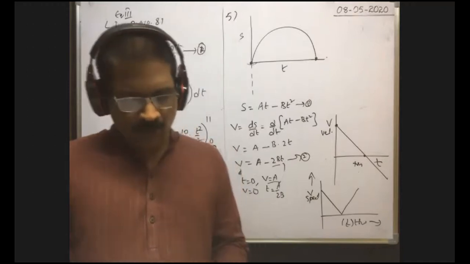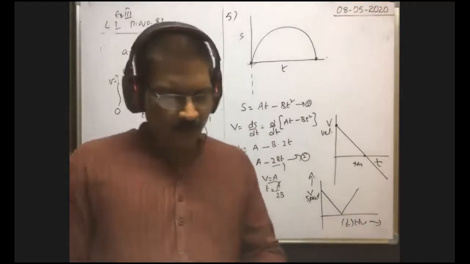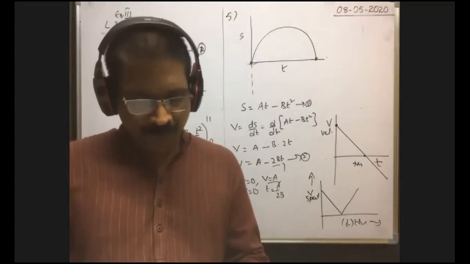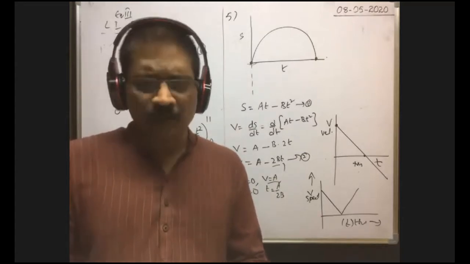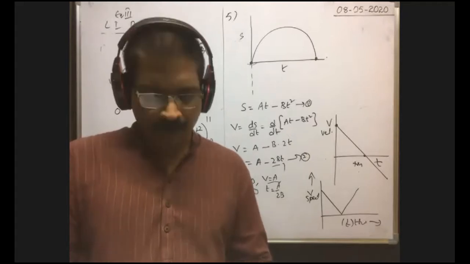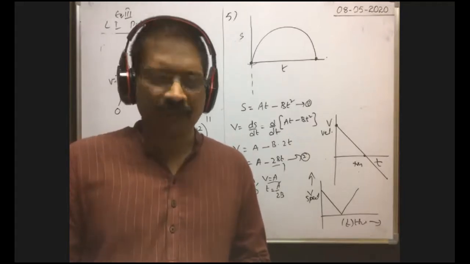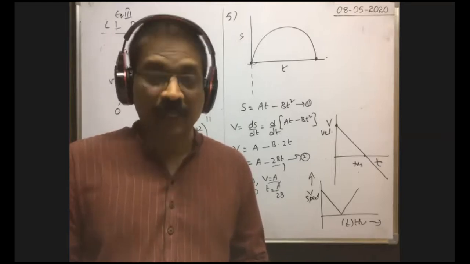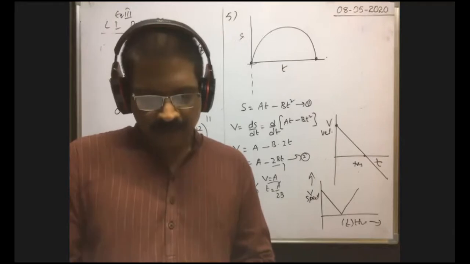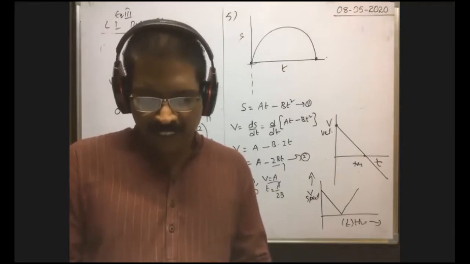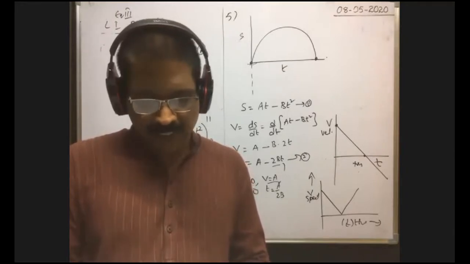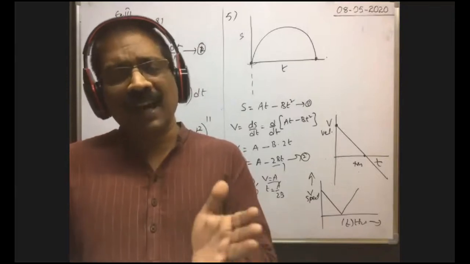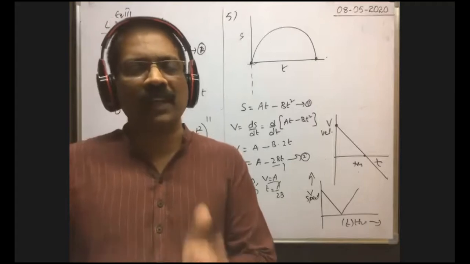Okay. So the fifth problem is over. Sixth problem you do. Seventh problem also you do. Eighth problem you see, I will just give you the explanation. An AS graph is given. The particle starts from rest, that means initial velocity is 0. Find the velocity of the particle when the displacement of the particle is s equal to 12, that means the total displacement at last is 12 meter. What is the velocity they asked?